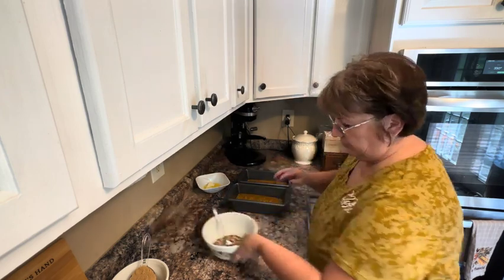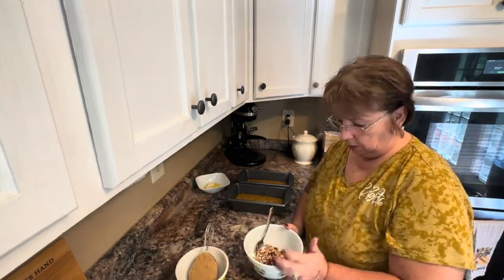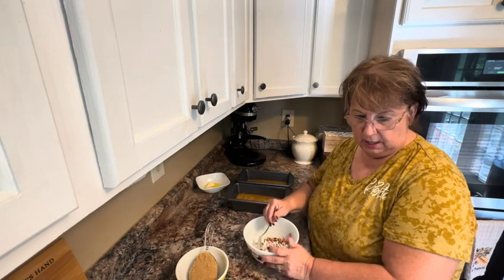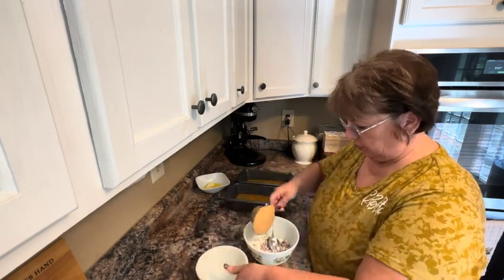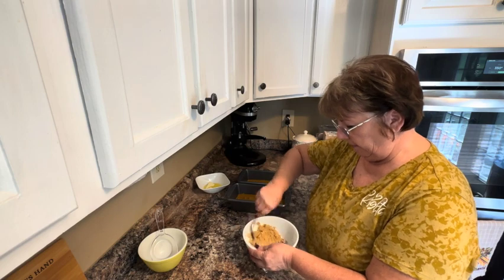Now I'm going to make that streusel that goes on top. And in it will be, I have 3/4 cup of brown sugar that I'm going to put in my bowl. I have a 1/4 cup of flour that's already in there, and I've chopped up some pecans, about 3/4 cup. And I'm going to mix those together, and then I'm going to put a 1/4 cup of melted butter in this. And then I'll just sprinkle this on the top before I bake